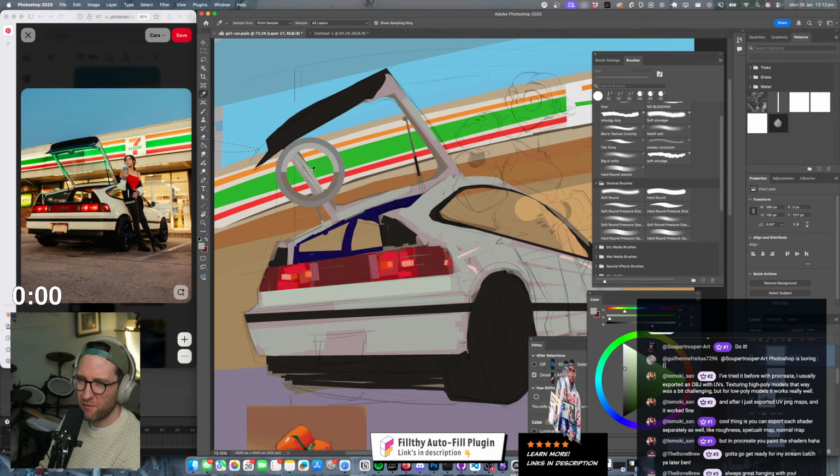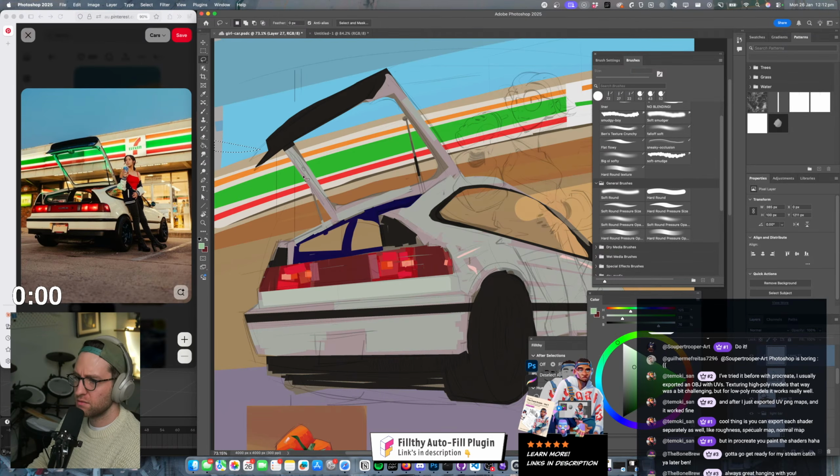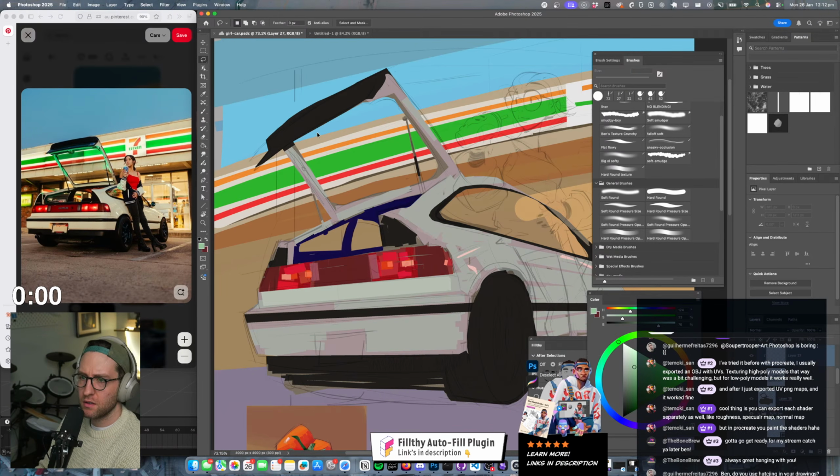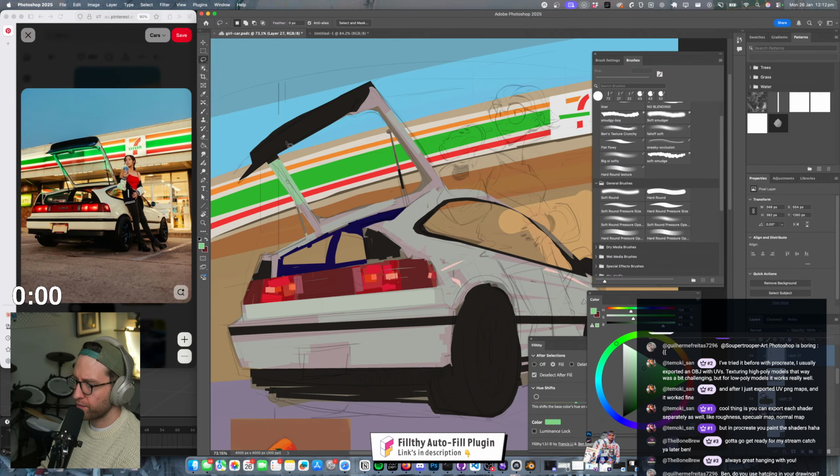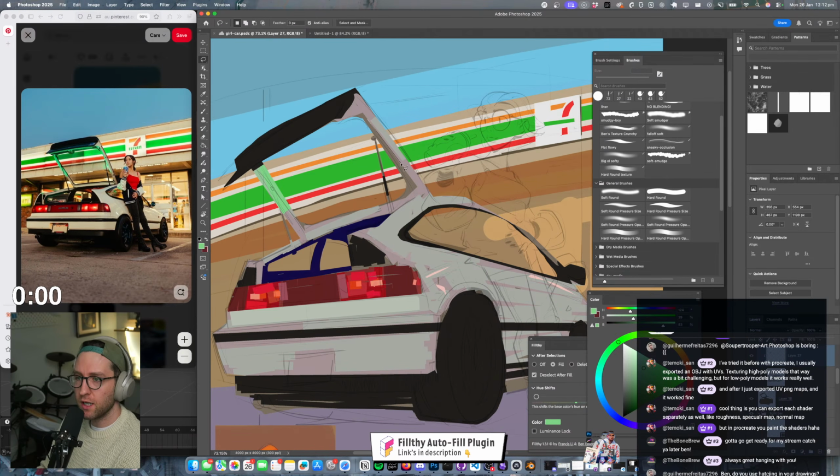So we're getting somewhere fairly quickly-ish, just with blocks of shapes. Ben, do you use hatching in your drawing? Sometimes. I've actually been doing a little bit more of that recently.